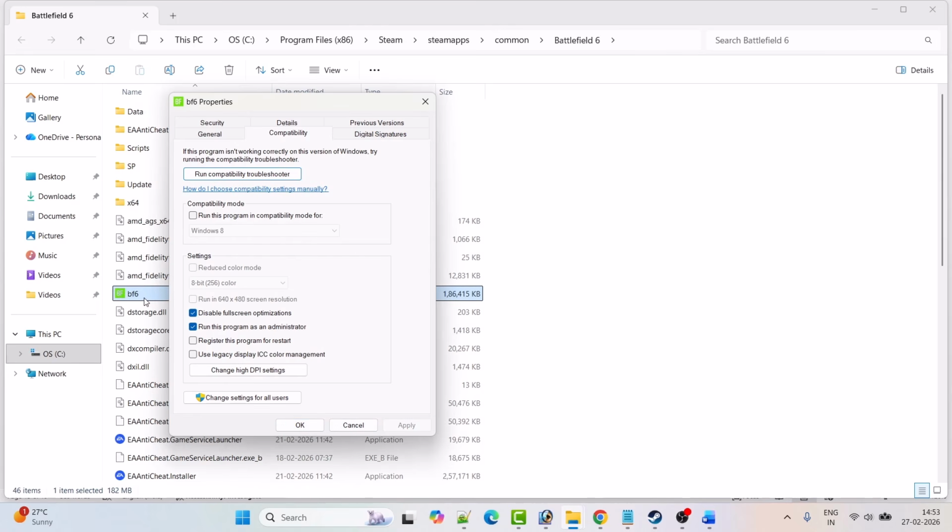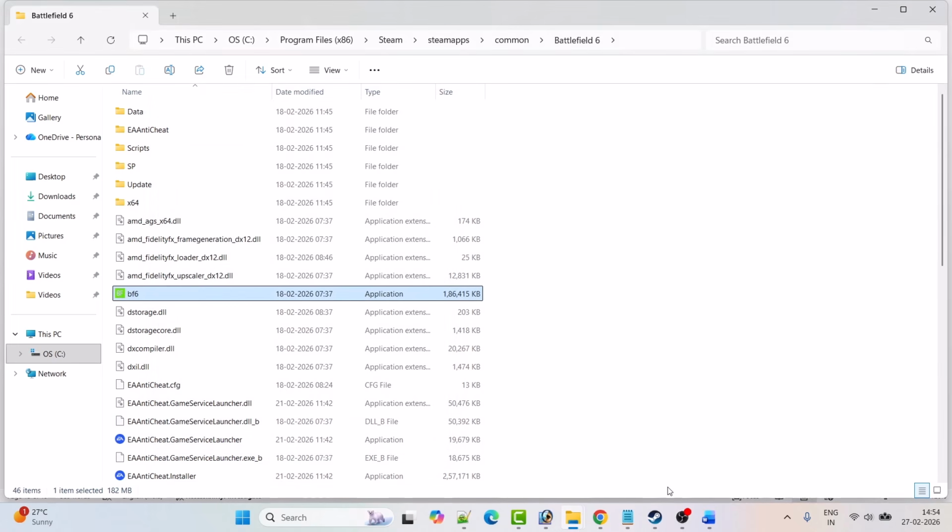the game and check. If it's still not working, then check mark run this program in compatibility mode for. From the drop down select Windows 8, hit apply, OK, then launch the game and check. If it's still not working, then from the drop down select Windows 7, hit apply and then OK, and then launch the game and check. If it's still not working, then untick all these options, then hit apply, OK, and then follow other fixes mentioned